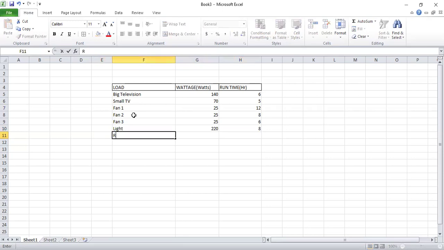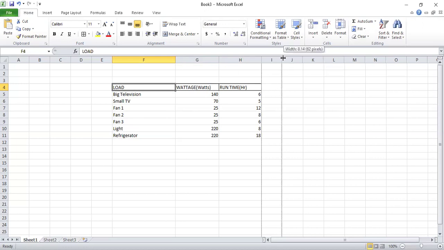The next thing is, let's say he has a refrigerator. It's 220 watts, and he wants it to run for 18 hours in a day. So he tells you that this is what he needs to power, and this is the total hours he needs. This is the hours for each item. Each item runs for a certain number of hours. The next thing you do now is to determine